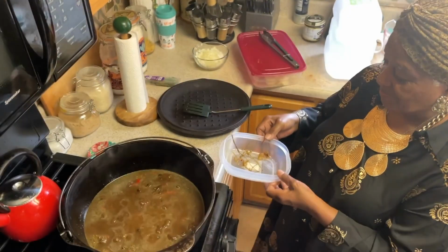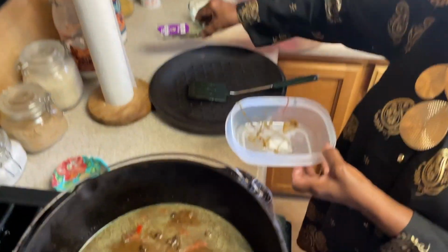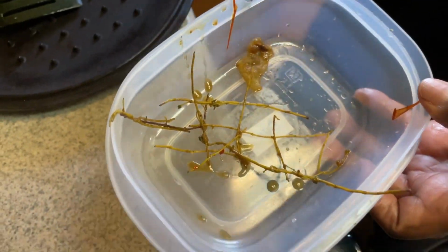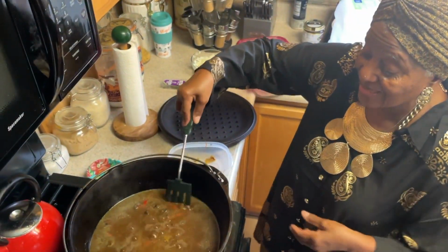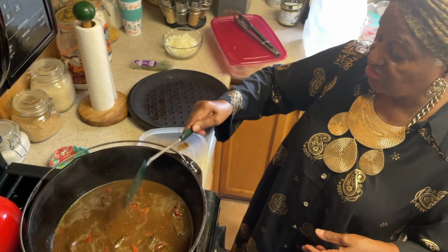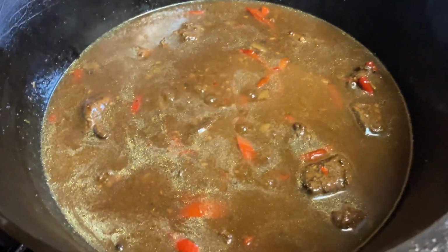Welcome back. Now you see the thyme leaves, they are bare. So you can take those out, and if you have bay leaves, take the stems out, and take the bay leaves out too. Sometimes people use bay leaves in this recipe. And so what you're going to do next is you're going to get